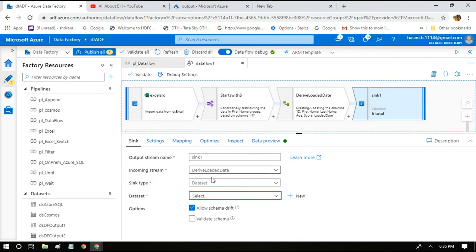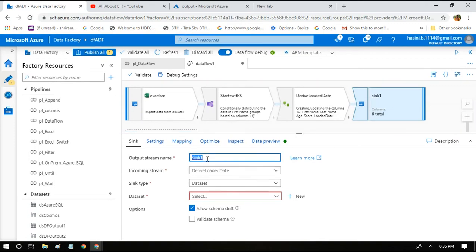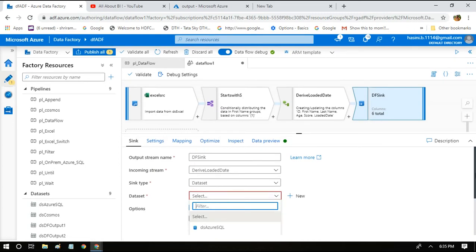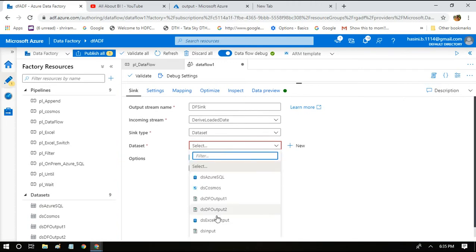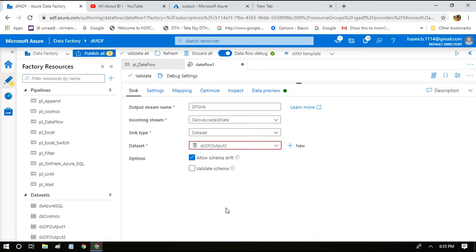Click on the sink and give a name to the sink, data flow sink maybe. The incoming stream is the derived loaded date, which is the activity that is the incoming stream. Sink type is going to be data set, and we have to choose a data set which is pointing to the blob storage path. I'll choose the one which is already created, data flow output 2. We can have this.